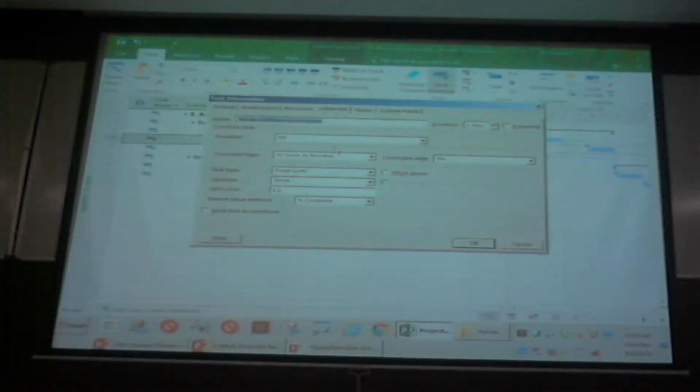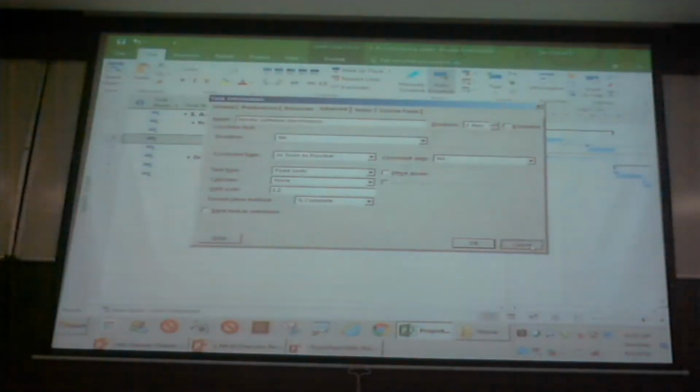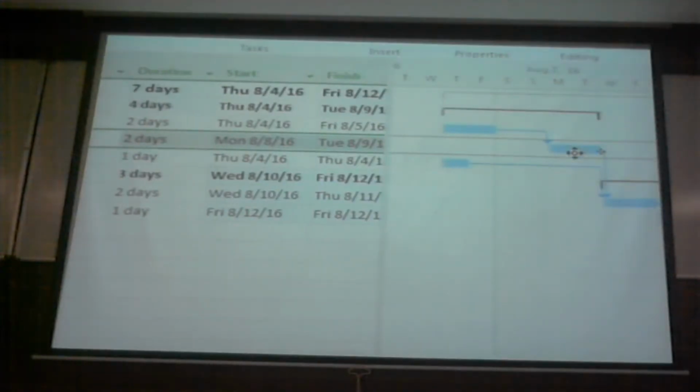So you all notice that this particular task is scheduled the moment the earlier activity is completed. Now the constraint type that has been applied on review is as soon as possible. Now if I just move over on this taskbar, I hope you're able to see a 4-headed arrow out there.